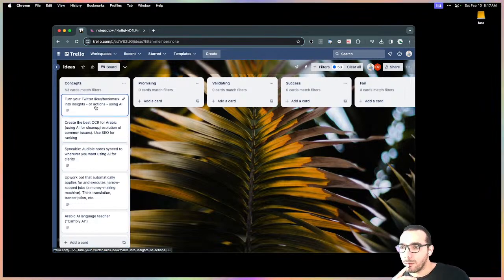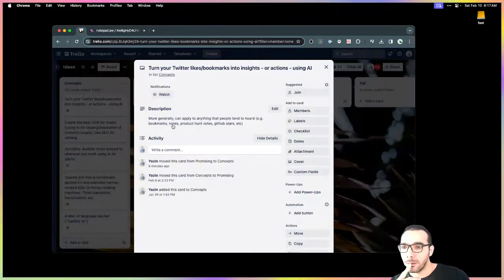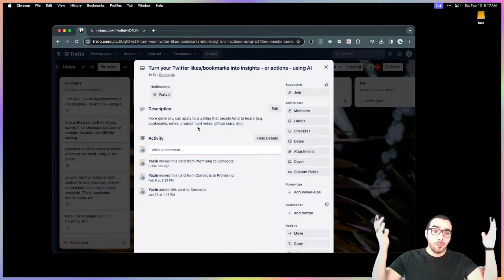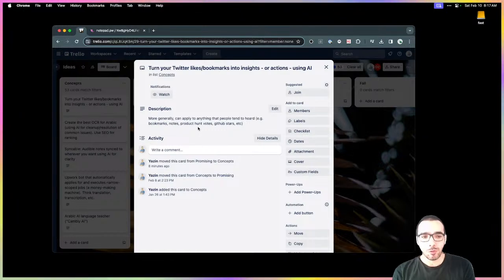Turn your Twitter likes or bookmarks into insights or actions using AI. More generally, this could probably apply to anything people tend to hoard, like bookmarks, notes, Product Hunt votes, GitHub stars, whatever. So I like this idea. I'm sure I have on the order of hundreds of bookmarks on Twitter, essentially tweets that I've stored in the hopes that someday I'd use them to do something useful.